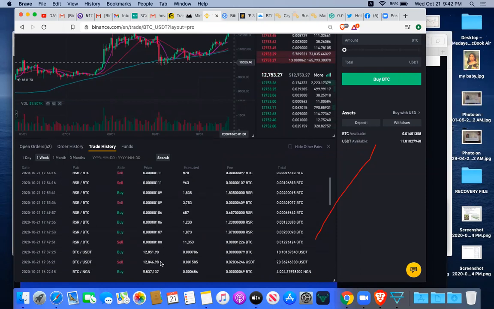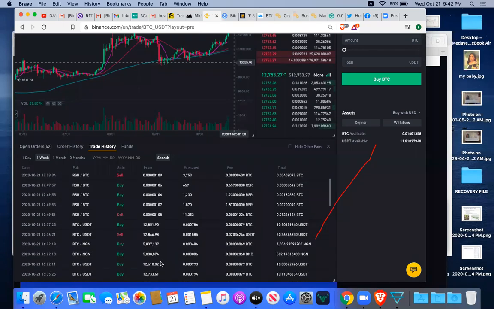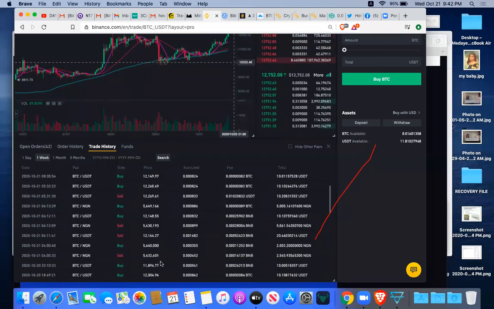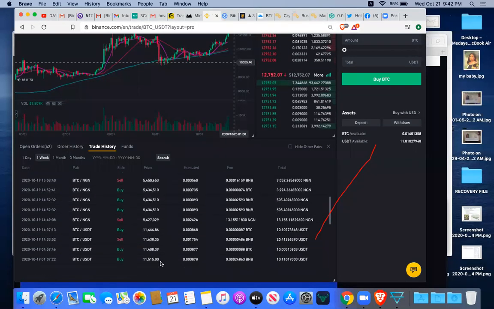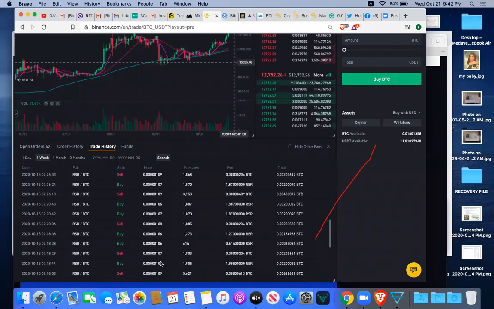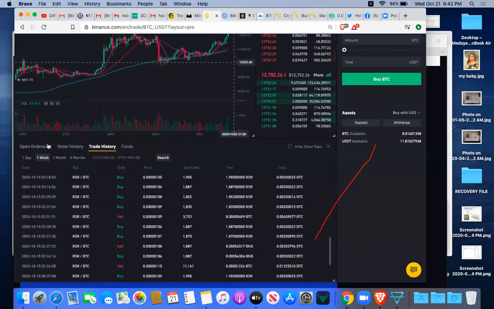Of course, I'm going to show you the bot working. I don't even have time to be checking what the bot is doing. You can see there is ample opportunity, so I don't trade coins manually. I have a bot that I've set for Chainlink, and you can see this order is just frequently trading while I'm not there.